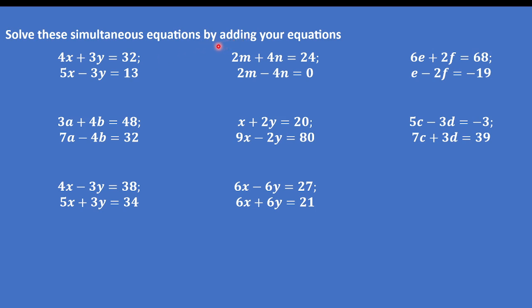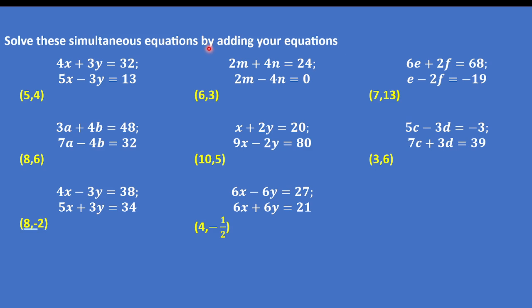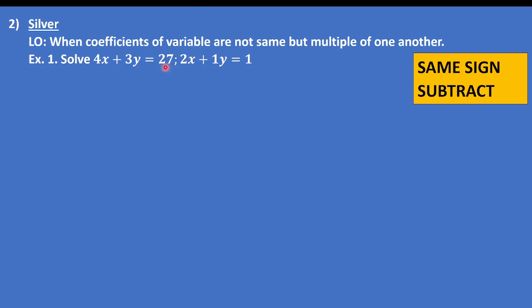Okay, so you can take a screenshot of it. I'm going to give you the answers. These are the answers. You can take a screenshot of these as well for your practice. Okay, practice makes you perfect, so it's always better to solve some examples after doing some understanding part. Okay, so now we are going to start the silver categorical examples. As we discussed earlier, in silver categorical examples we actually do not get